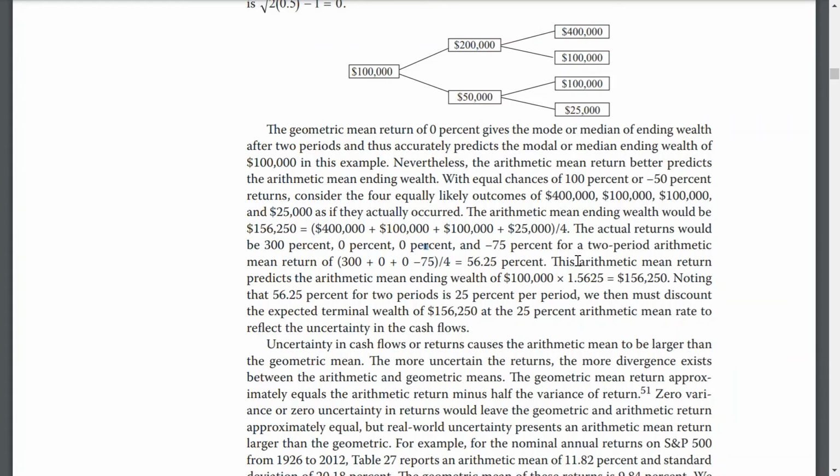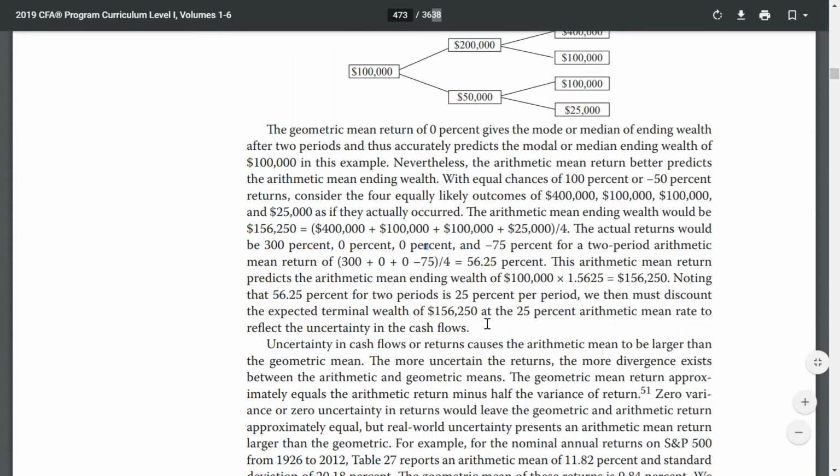The actual rates would be 300%, 0%, 0%, and negative 75% for a 2-period arithmetic mean return of 56.25%. The arithmetic mean return predicts the arithmetic mean ending wealth of 100,000 multiplied by 1.5625, which equals $156,250. Noting that 56.25% for 2 periods is 25% per period, we then must discount the expected terminal wealth